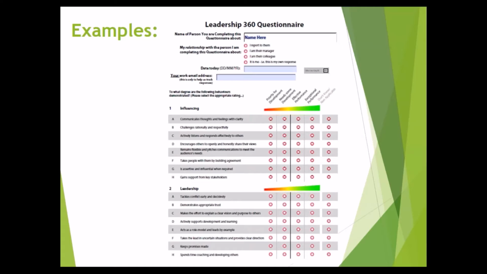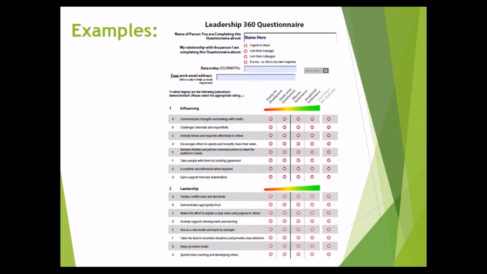Here an individual might be asked, does this individual communicate thoughts and feelings with clarity? And we have a sliding scale: high priority for development, needs some development, effective or exceptional, or I don't know, it's not applicable. So it's typically a Likert scale, from more negative to more positive behaviours.